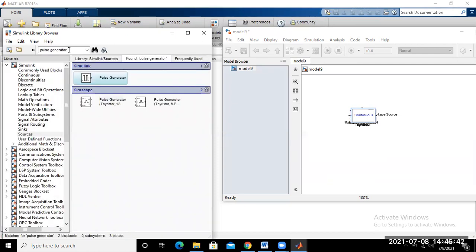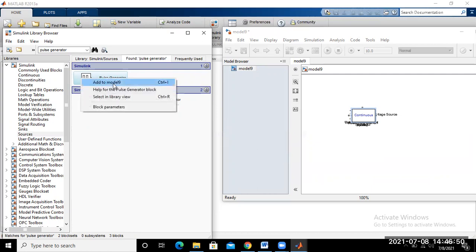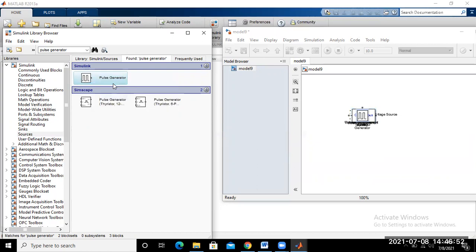Now the pulse generator is available here. Add it into model 9.